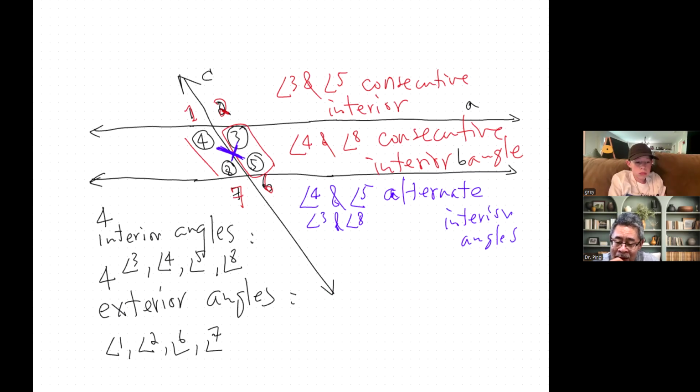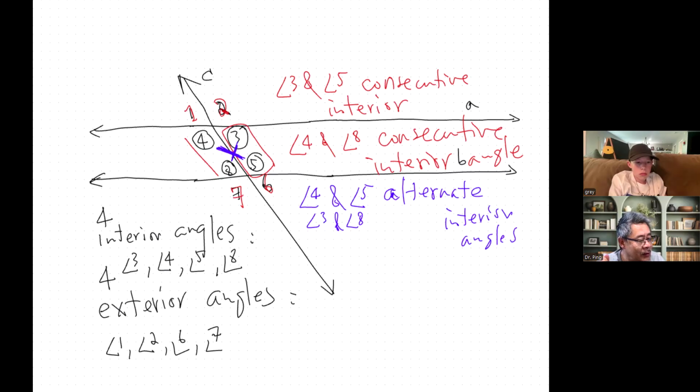So for the interior angles, they are either consecutive, which means they're on the same side of the transversal, either on the right or on the left, or they are alternate because they are on either side of the transversal. Okay,